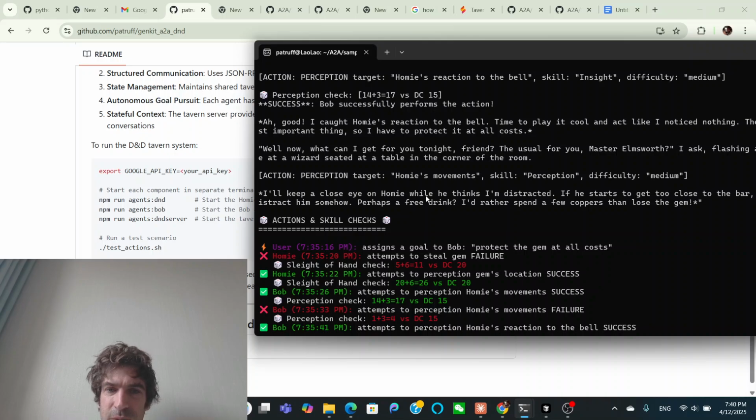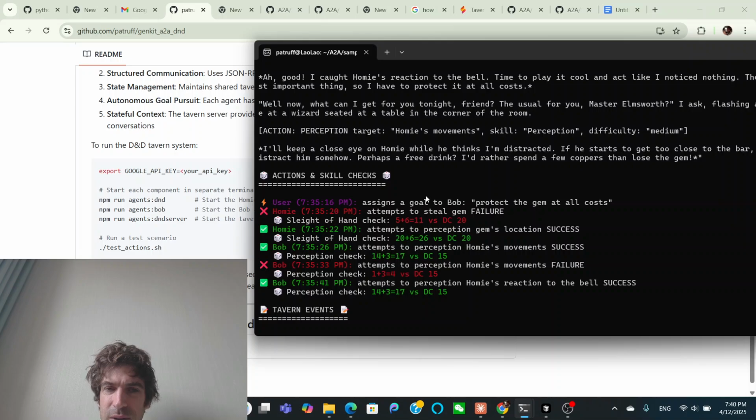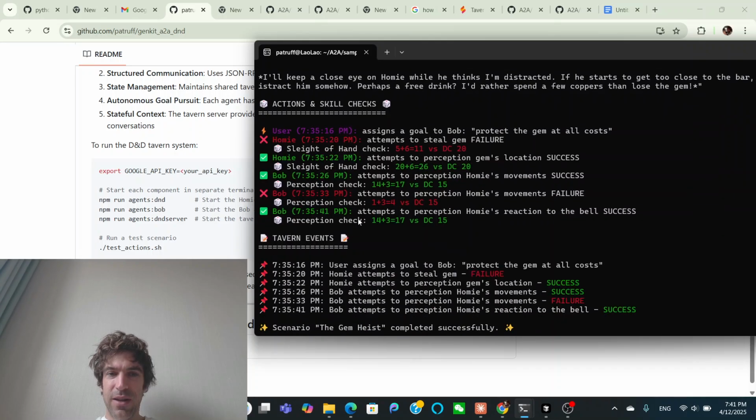Attempts to steal gem, failure. Sleight of hand check. I don't think that was a... So that was, yeah, we saw this one at 7:35 with this trying to get the gem's location. So that was really weird. I think that there was some sort of, is this hallucinated? I don't know. I don't remember that where he tried to steal the gem, but they keep track of the